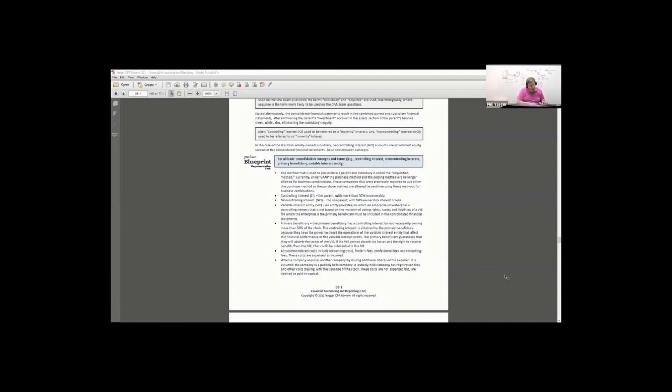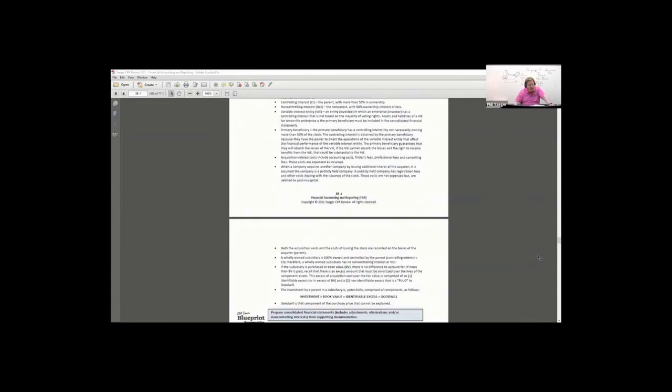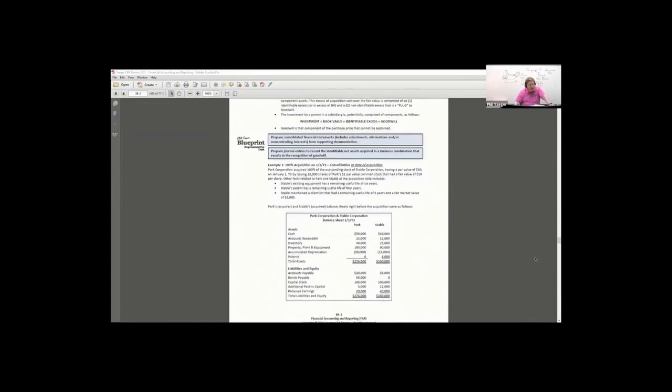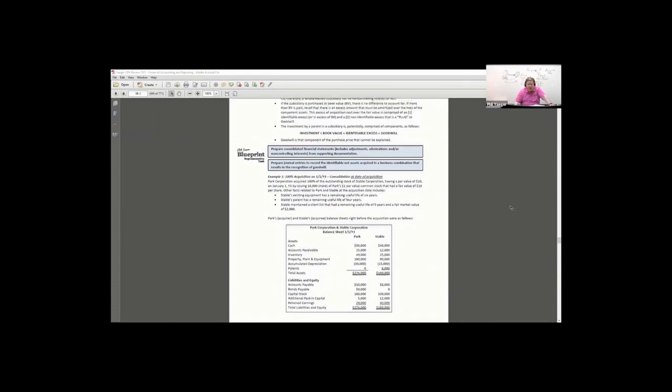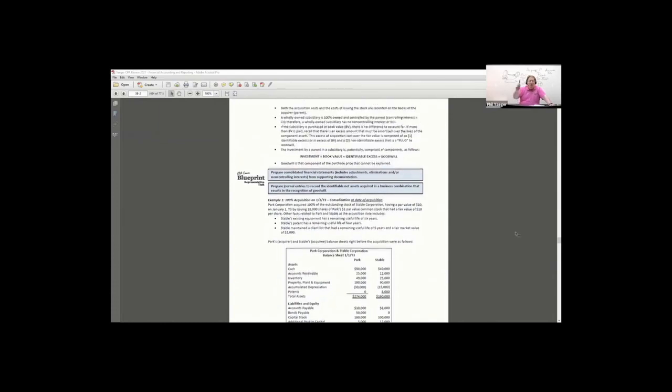All right, now, let's go to page 3B2, which is in your handout. On the top of 3B2, here's the first bullet. Both the acquisition costs and the costs of issuing a stock are recorded on the books of the acquirer or